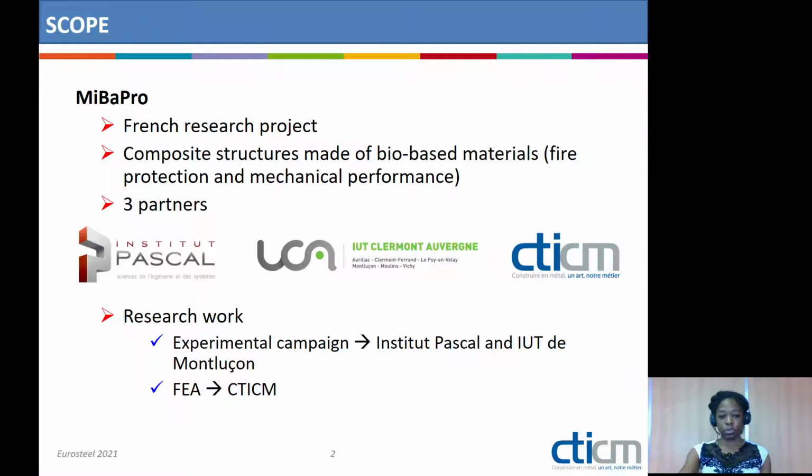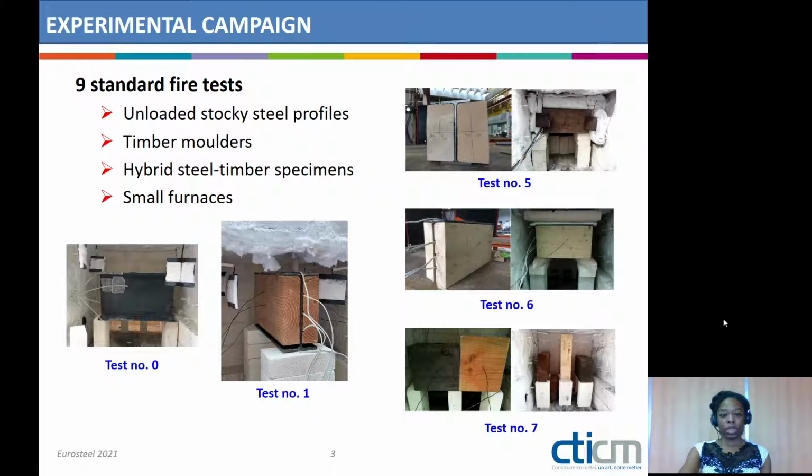The project involved 3 partners, including l'Institut Pascal à Clermont-Ferrand, l'UT Clermont-Auvergne à Montluçon, and CTICM near Paris. This research work consisted in 2 main parts. First, an experimental campaign carried out by Institut Pascal and UIT de Montluçon, and second, a finite element analysis conducted by CTICM. Regarding the experimental campaign, there were 9 standard fire tests on unloaded stocky steel profiles and timber molders